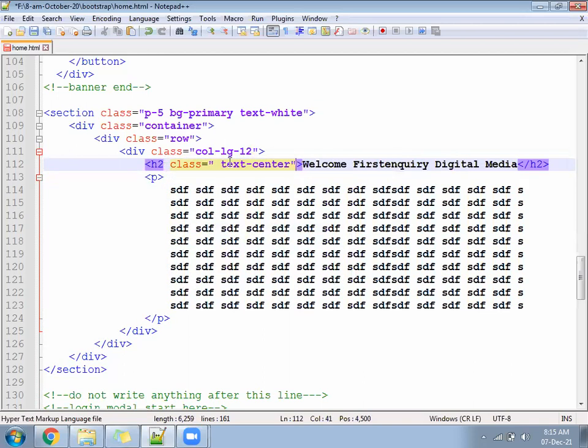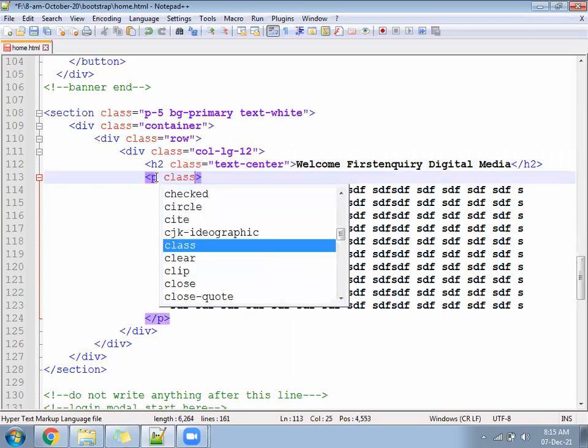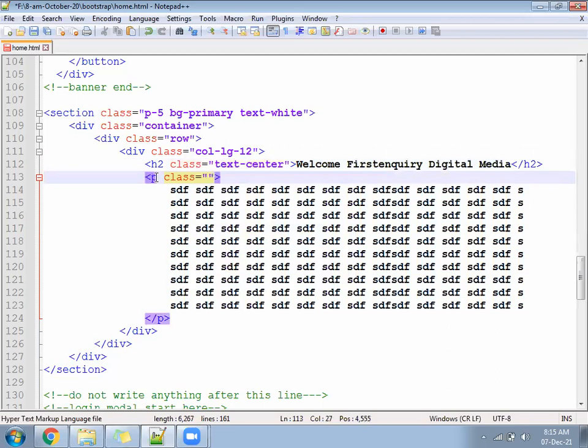And for the paragraph you will write class equal to text-justify. Class equal to text-center for the section tag.